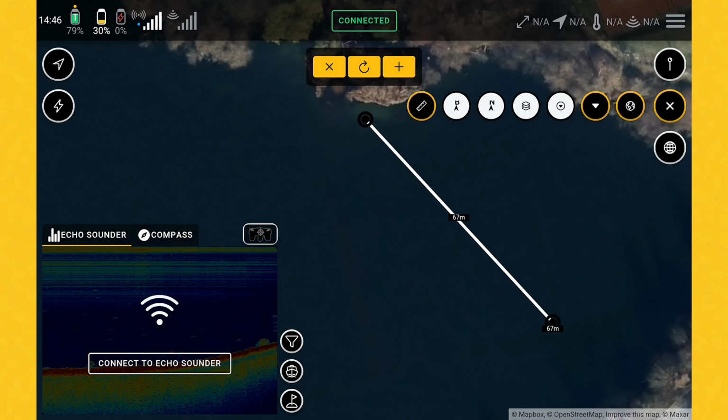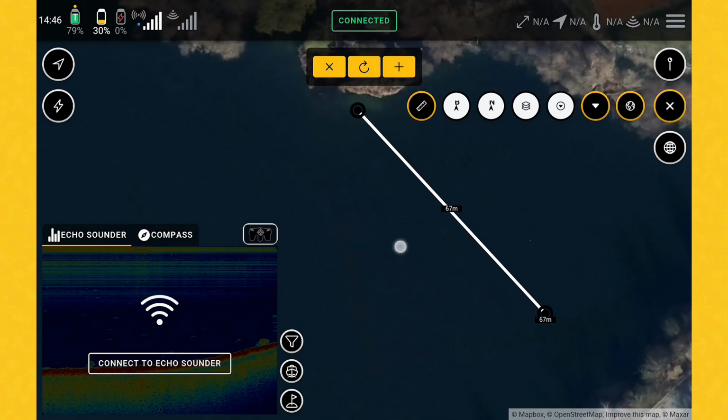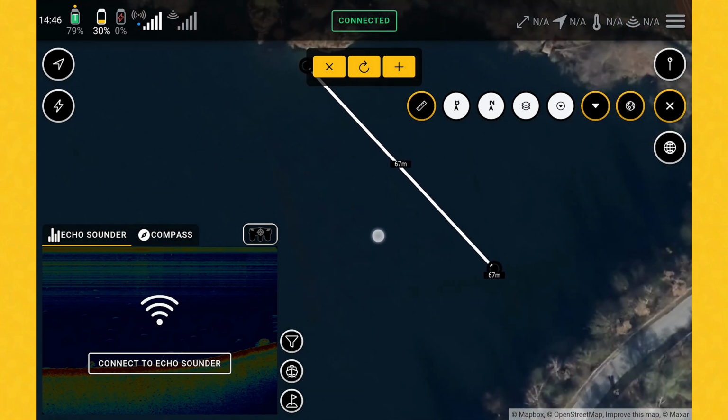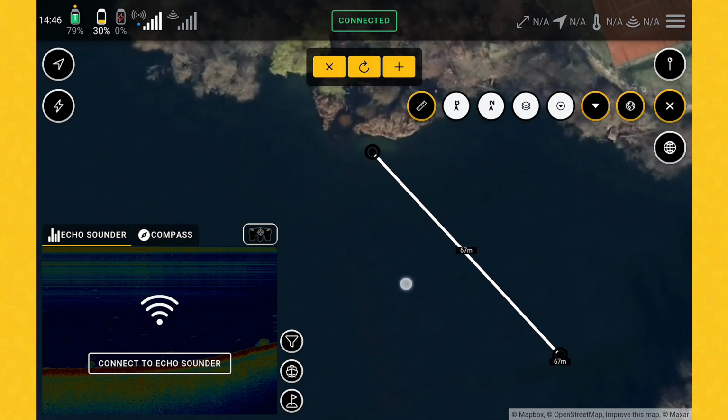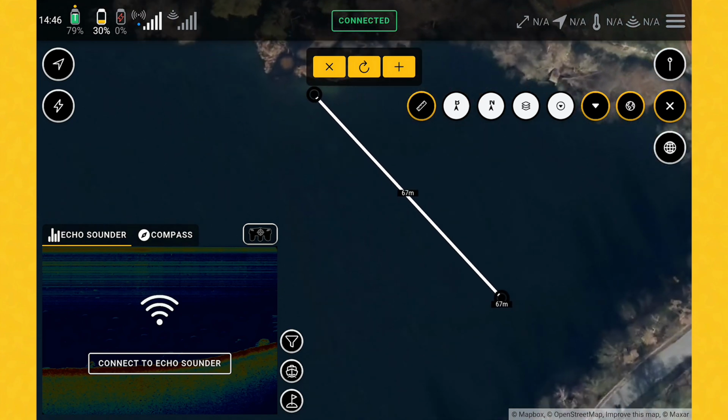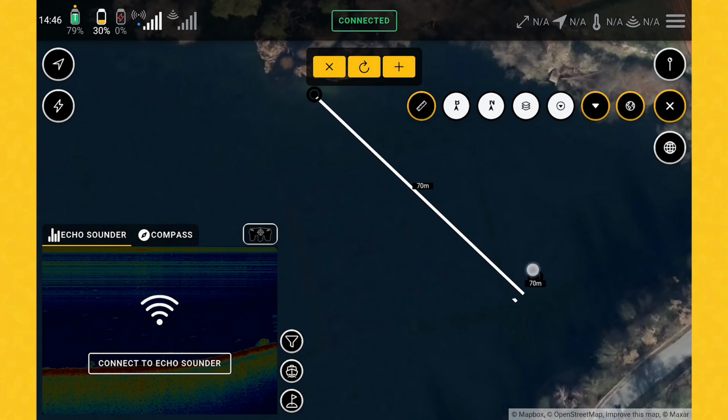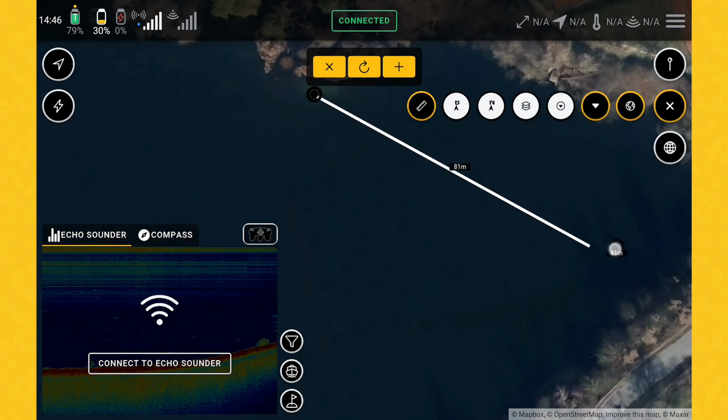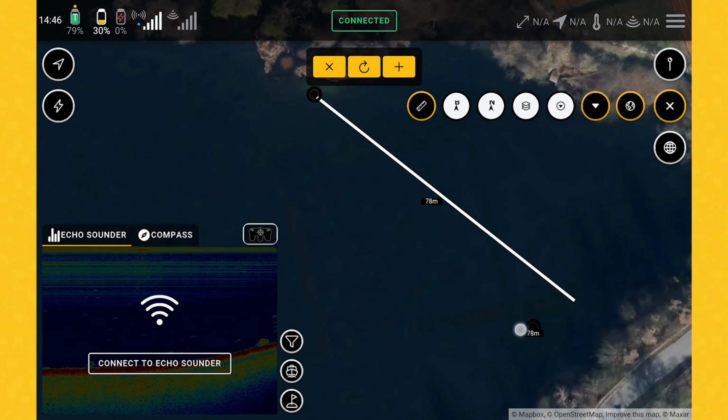Of course, you can change it to feet as well if you prefer it. As I'm a European German guy, I just prefer the distance in meters, and just for explanation, I think you know what I mean. I will show you how it works. What can we do now? You can see that we've added the second point, and you can easily drag and drop it. That means you just touch it and hold it,